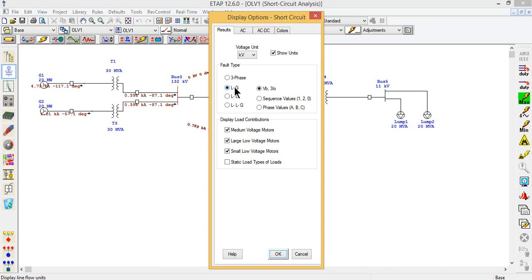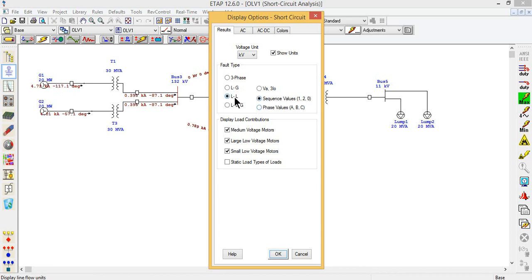And if we are doing line to ground fault analysis, that is single line to ground, whether we want to see the values in terms of zero sequence current, this 3I0 is the zero sequence current and phase voltages, or we want it in terms of sequence values, that is the positive, negative or zero sequence values, or we want it in terms of phase values.